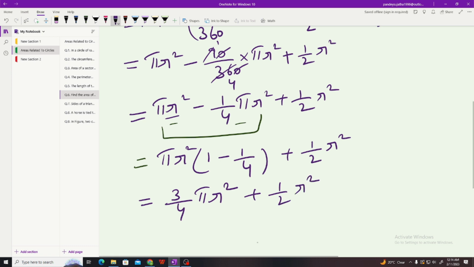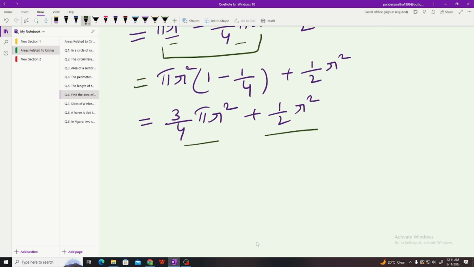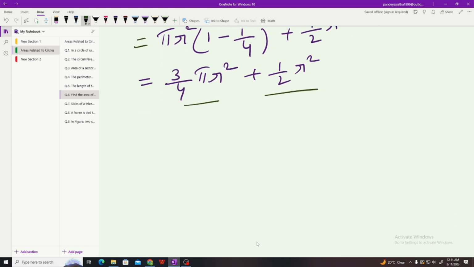Now from these two terms again we are able to see half r square is common in both the terms. You can either take half r square or only half as you wish, but it's better to take half